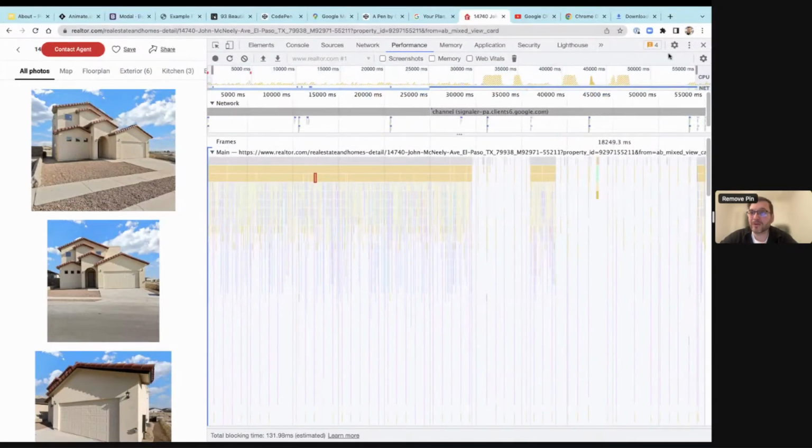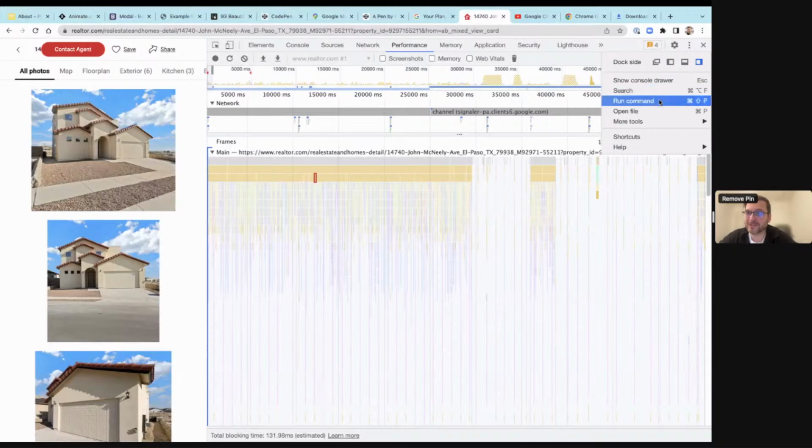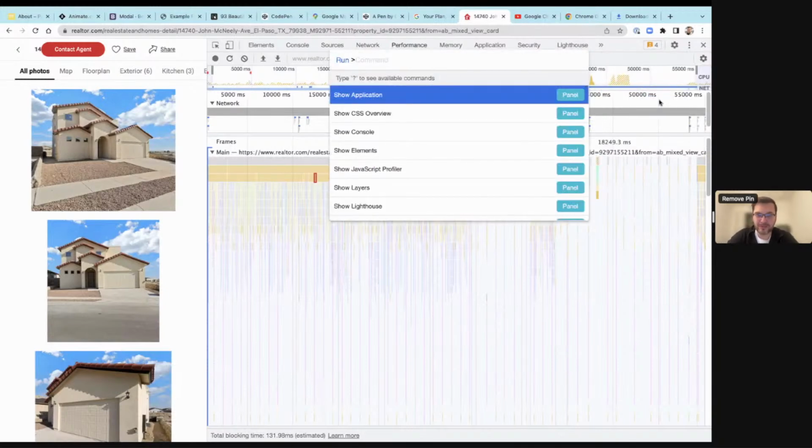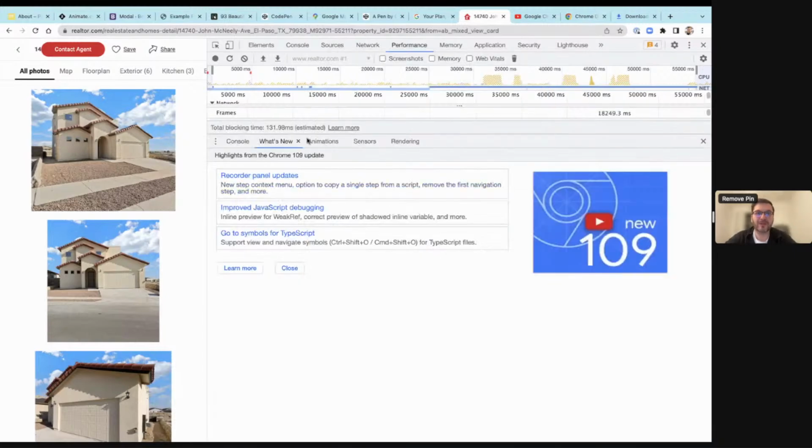Okay, about tracking updates. There is a section in DevTools, What's New. If we open What's New, it shows briefly links where we can track all the updates and see information about the newest